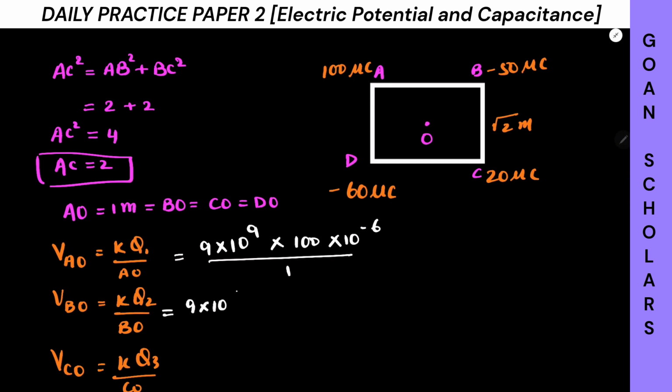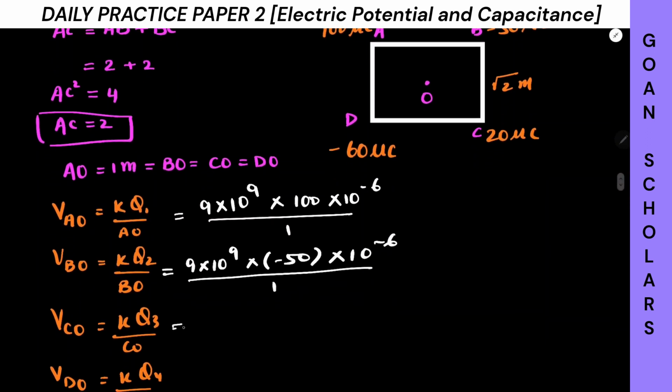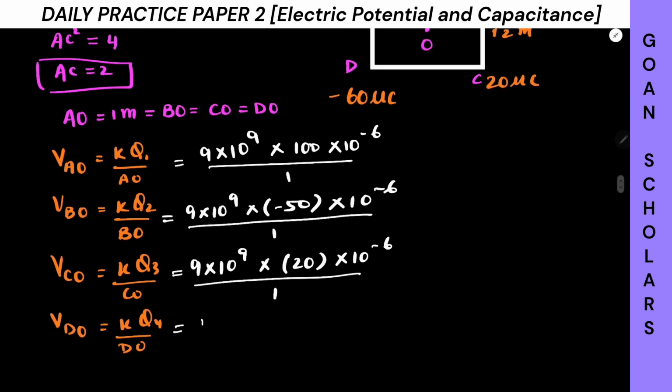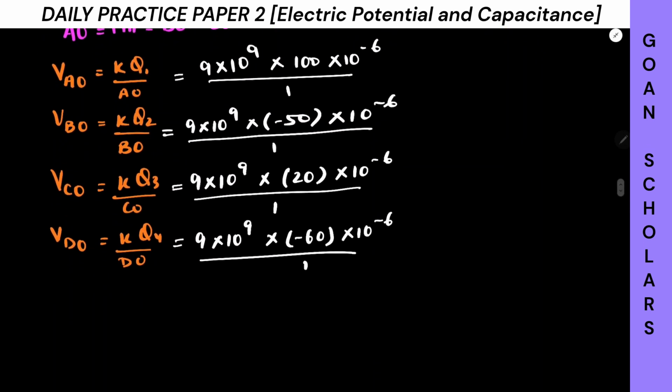Similarly, KQ2 will be 9 into 10 to the power 9 into 50. So positive or negative? Minus. So you have to consider the negative sign. Minus 50 into 10 to the power minus 6 because of microcoulomb, whole divided by 1. Similarly, 9 into 10 to the power 9 into 20 into 10 to the power minus 6, whole divided by 1. And VDO will be finally 9 into 10 raised to 9 into minus 60 into 10 raised to minus 6, whole divided by 1. So net potential at O will be the sum of